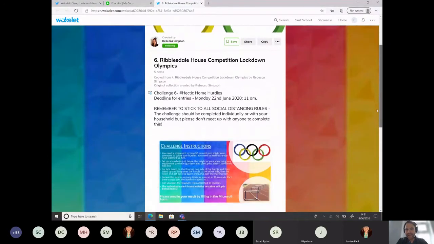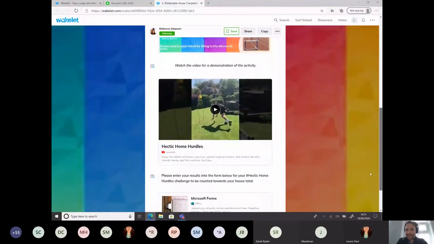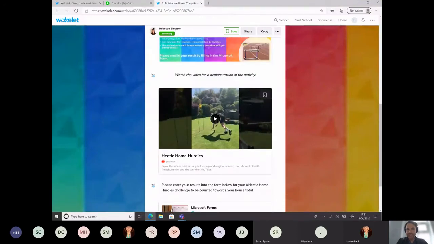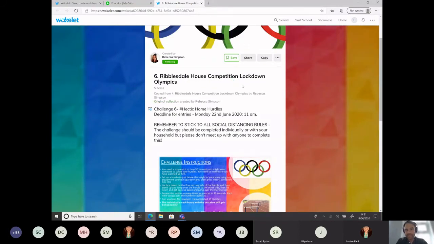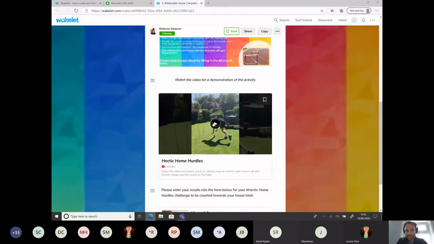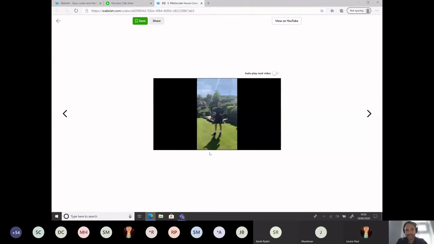Okay, and it allows you to basically provide a lot of different learning materials in quite a nice way of how something would look. So as you can see at the moment, we've got quite a lot of different things here. This is the Ribblesdale House competition, the Lockdown Olympics, and we've got some challenge instructions which are from an image, and then we have a picture of Mr. Hewitson himself performing the activity. Okay, and it gives the instructions for our pupils,